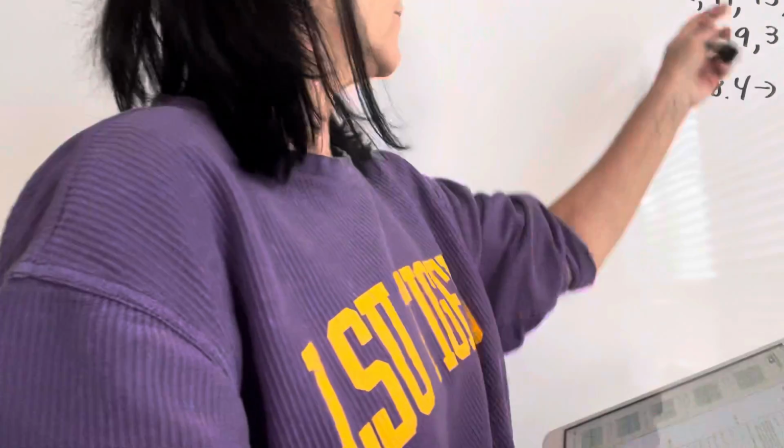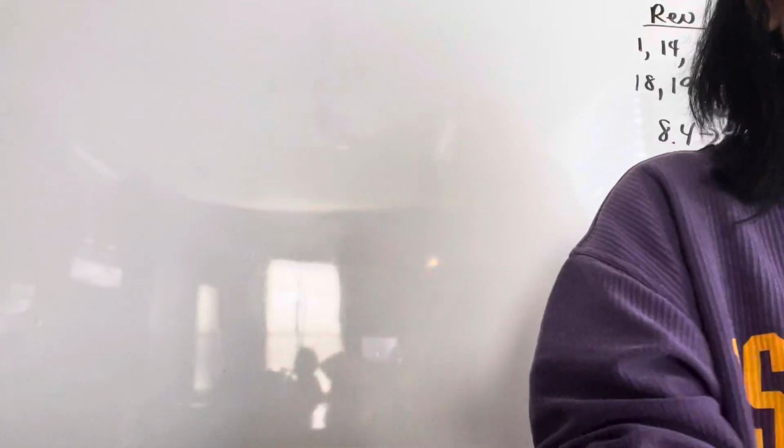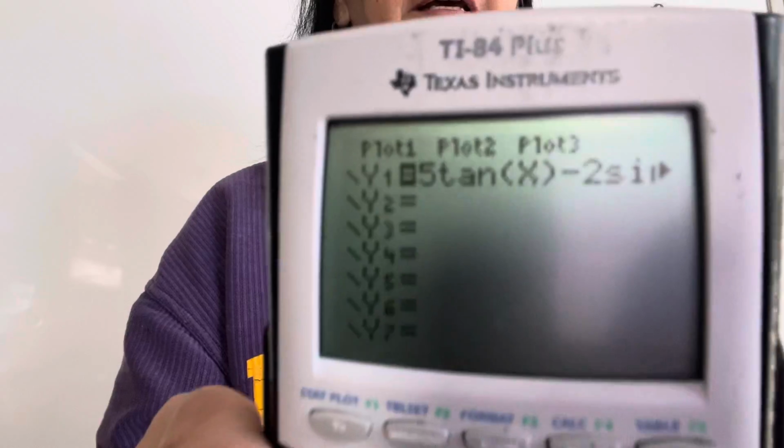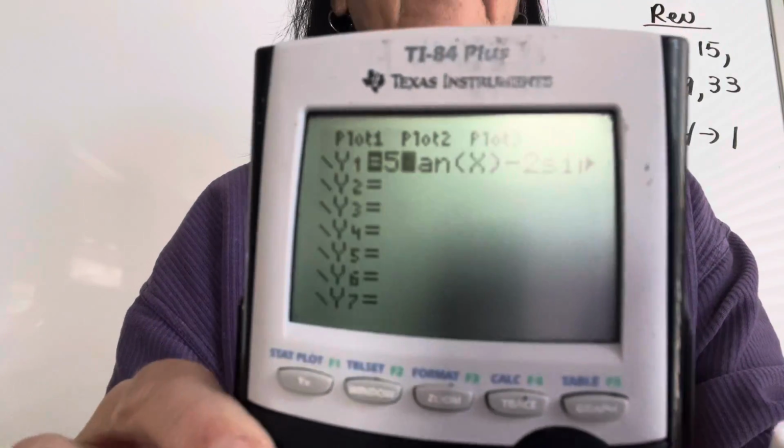This is Precalculus Chapter 8 review. All right, so the questions were problem number 1. So I set it equal to 0. I'll just show you what I put in my calculator. Setting it equal to 0. So I subtracted that 2 sine